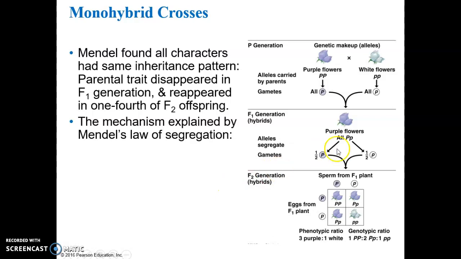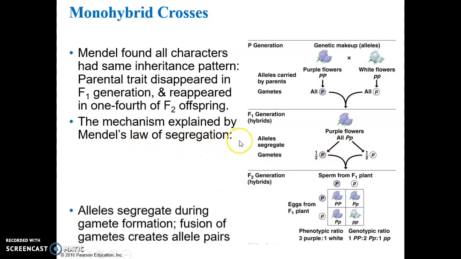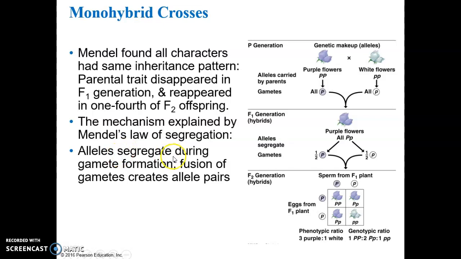So the mechanism is explained by Mendel's law of segregation, where the alleles segregate because the alleles are on chromosomes during gamete formation, and then the fusion of the gametes create the allele pairs in the offspring. So for example, in gamete formation, notice capital P's, so the dominant alleles, we have a pair of alleles, and during gamete formation, notice